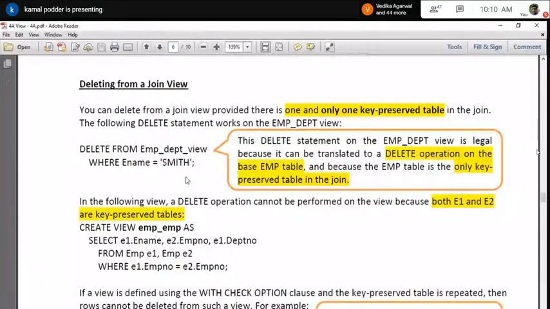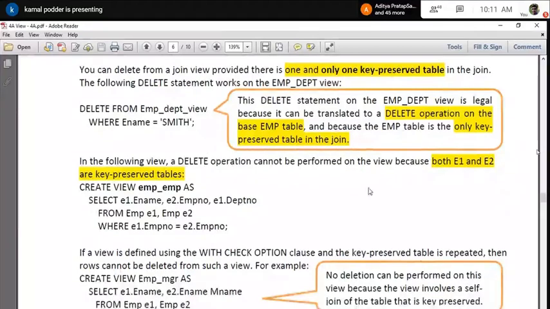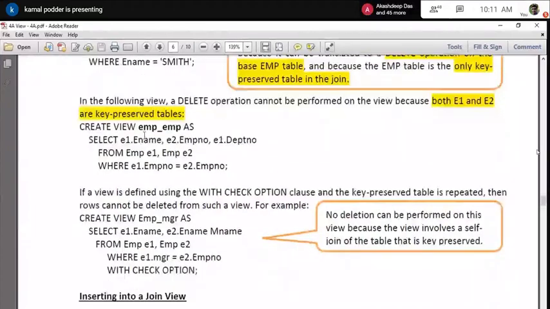If there are two key preserved tables in the view, then you cannot perform the delete operation. Only if there is one key preserved table in the view can you delete rows of that table with the delete operation. So here only one table, the employee table, is key preserved, so naturally I can delete the record from the table using this view.